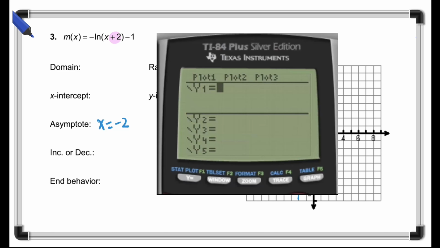Okay, so here, let's go back to y equals. We're going to go negative, so that's the negative button that's below the 3. ln, right below your log, or to the left of the 4. And you have x plus 2, close your parenthesis, and then -1. Now if we go ahead and graph,